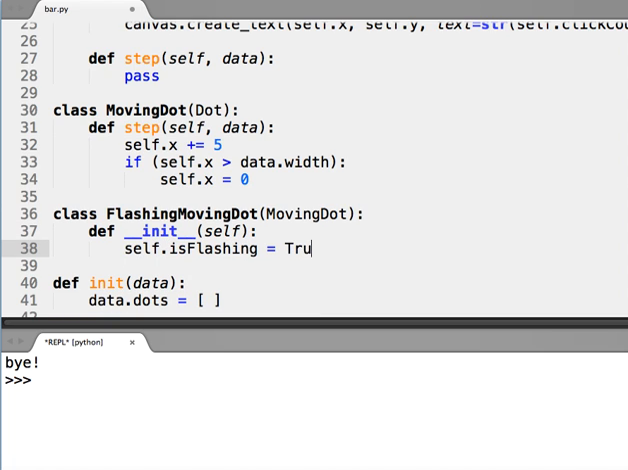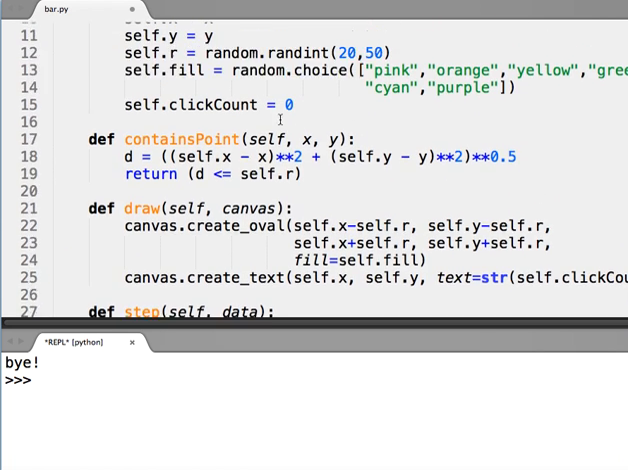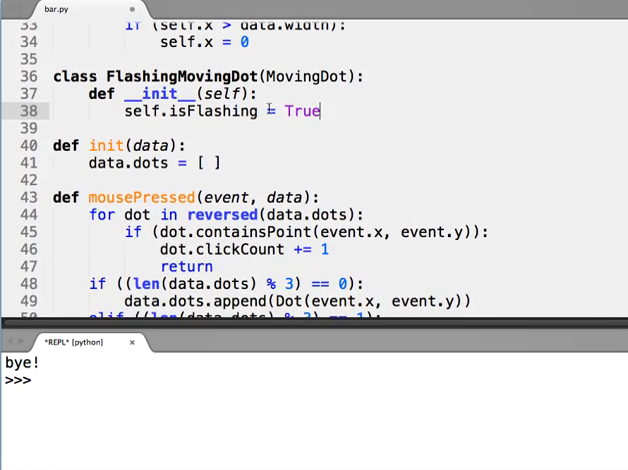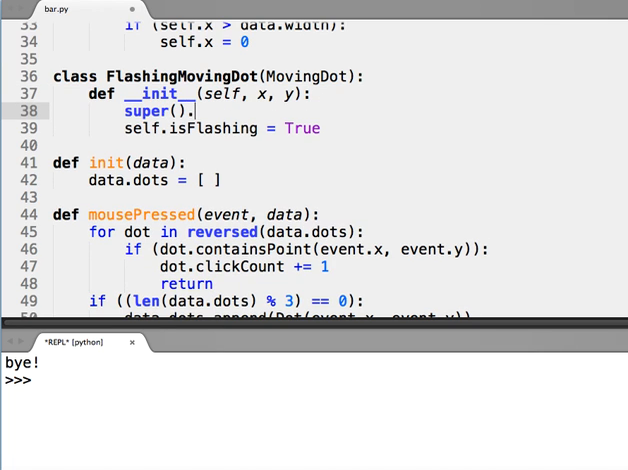self.isFlashing is true. Great. Now a couple things. When we initialize a dot, what do we provide? Well, we provide x and y. So when we create a flashing moving dot, it's still a dot, so we're going to send in x and y. And like we discussed above in the notes, you want to make sure that you call the init method